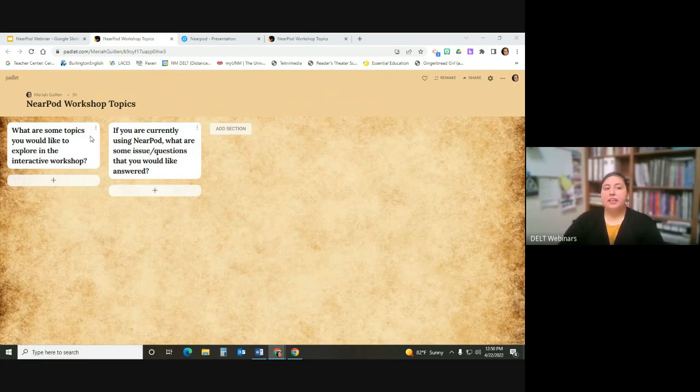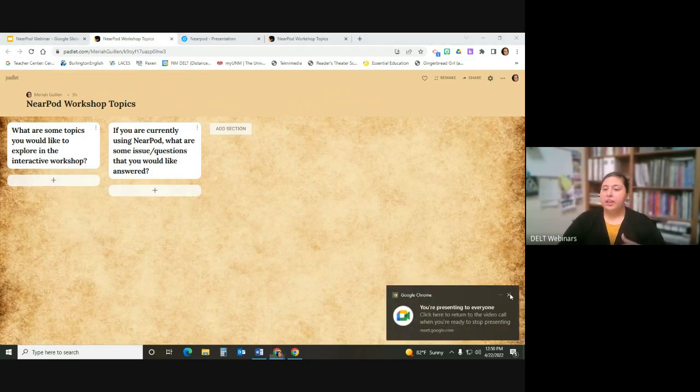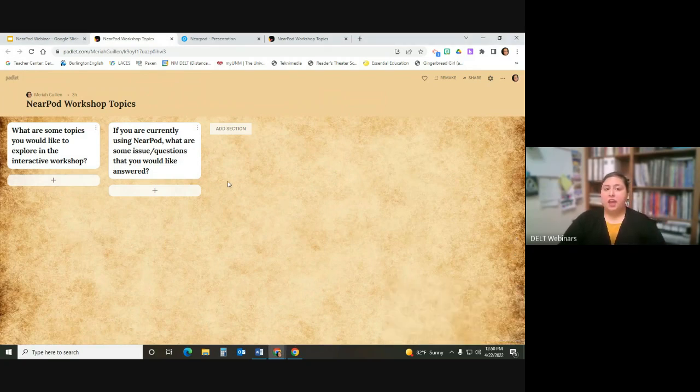So with this Padlet, if you put these topics on there, I will be prepared next week to go ahead and start answering some of these. If you are currently using Nearpod, what are some issues or questions you would like to be answered? Or what are some topics that you would like to explore? Now, I put the link in the chat. If it does not work, please let me know. But I put that link in the chat, like I said, because I want to be